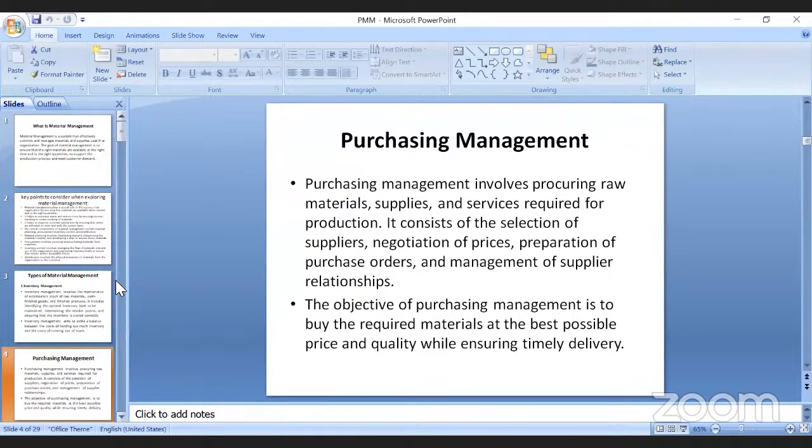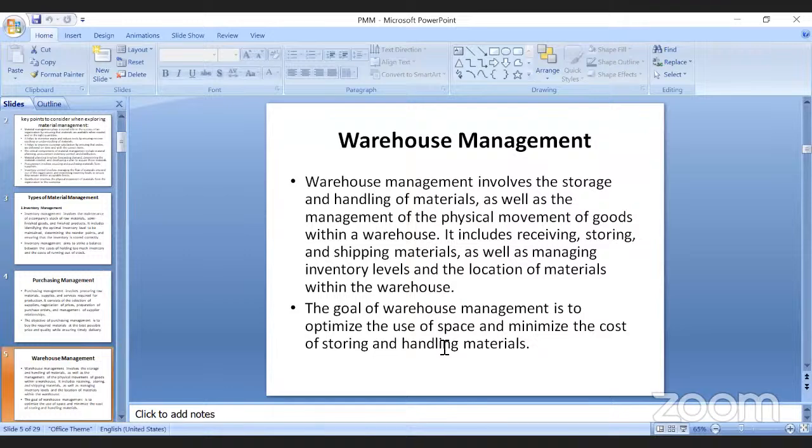Keeping the relationship with that supplier is not required, right? Yes, sir. Next, warehouse management, we will discuss later. These are the units in material management: warehouse management and the other types. We will just take a brief idea regarding this. But they are separate units, separate modules in your syllabus, right? I am just discussing what is the meaning of this. Next we will go forward and discuss more about this. Just carry preliminary ideas, right?